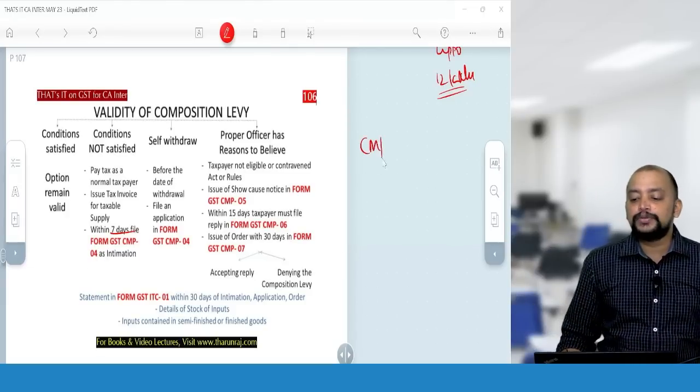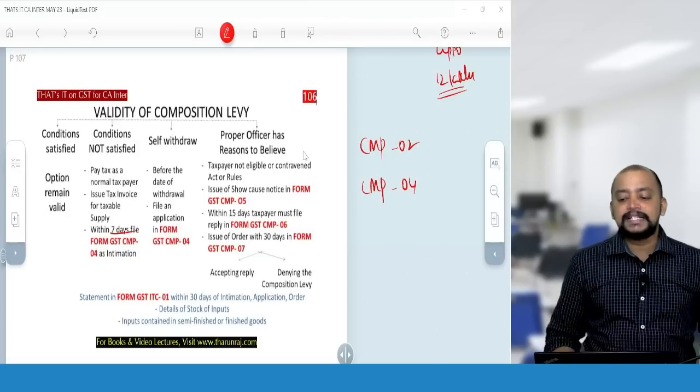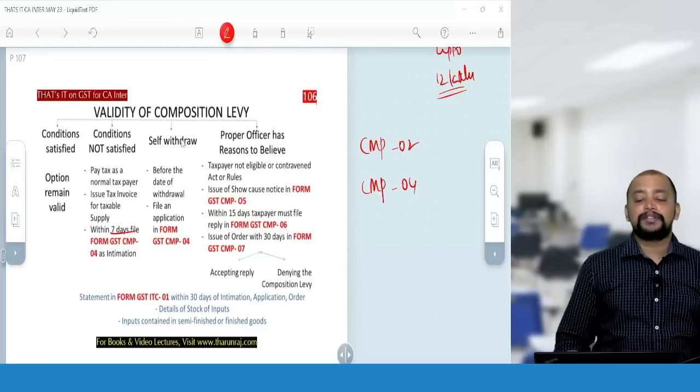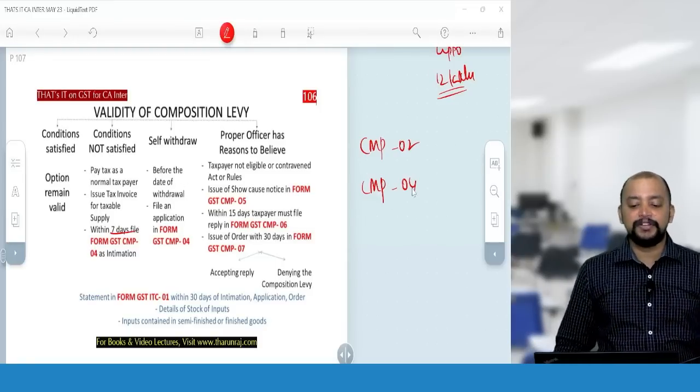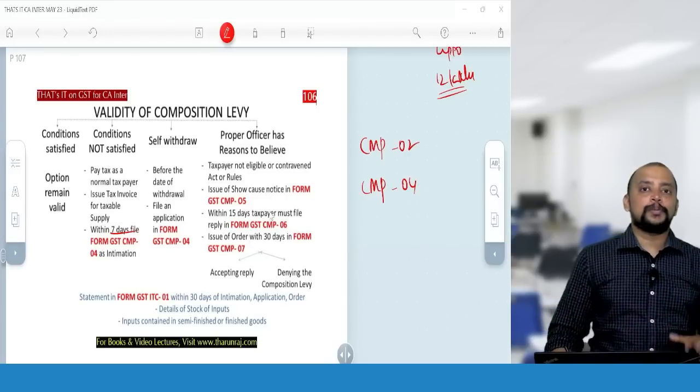So CMP2 is for entry into the composition scheme and CMP4 is for exit from the composition scheme. And anytime you can self-withdraw from the composition scheme by filing CMP4. And suppose you have breached the conditions and you did not come out of the composition scheme, and if